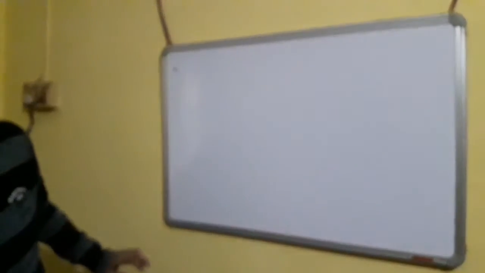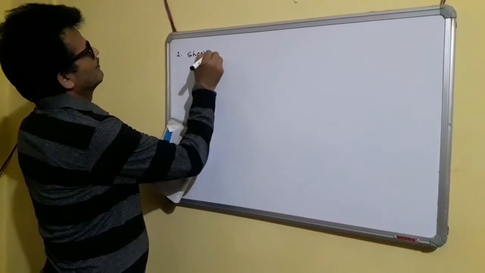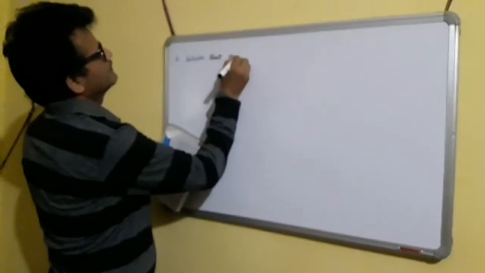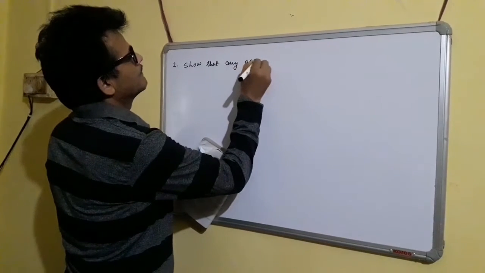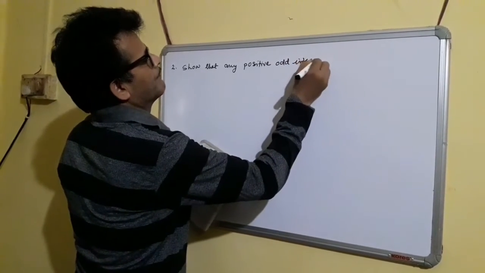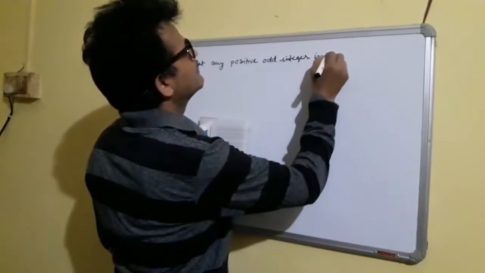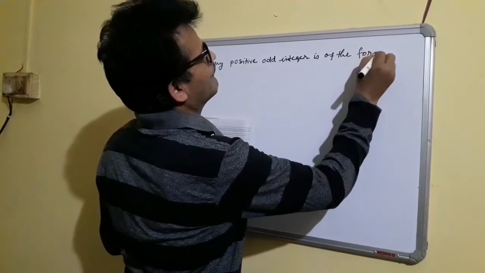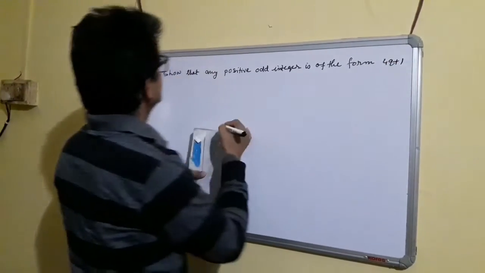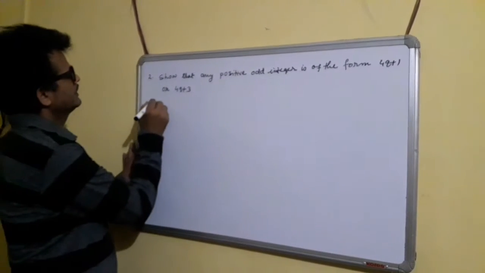Question number 2, example 3 in the textbook. Show that any positive odd integer is of the form 4q plus 1 or 4q plus 3. So let us solve this. Solution: